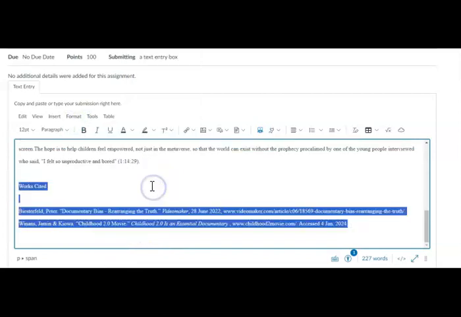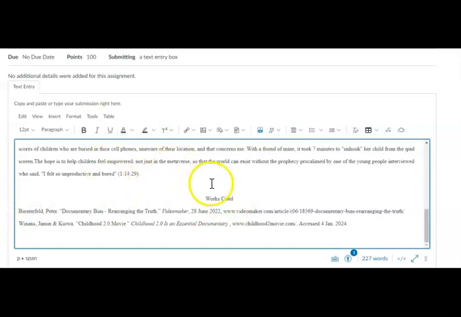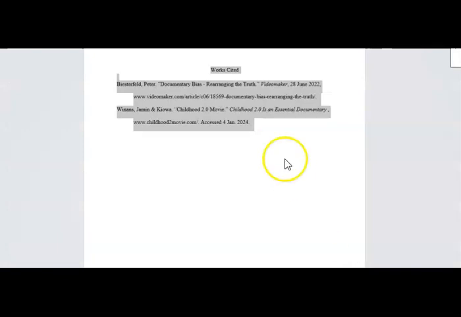So I have to go over here to fonts. It's still at 12 point. That's good. This needs to be centered. Then there's just two spaces under that, not four. And let's go back to the document and see what it's supposed to look like. So this is supposed to be here, and then the second line would be indented. So let's go back to the text box and make sure that it's correct.